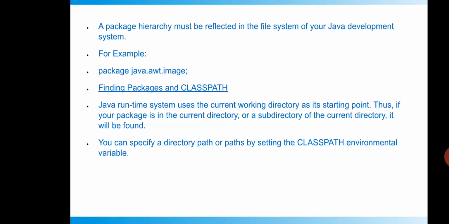Fine. Why am I saying all this? Because if you do not have some supporting file in the same directory, you may not be able to use that library, or stub, or the code. So that is the reason why, if you want to use a particular library or external class or external package, that has to be present inside the current working directory or subdirectory, otherwise your program cannot access it.